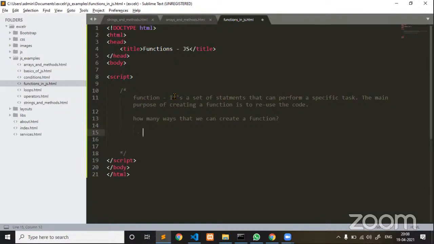First, a function without arguments, without parameters. A function with parameters. A function with a return statement.